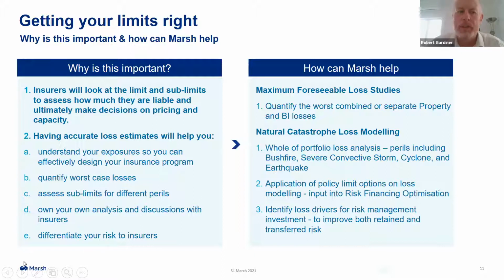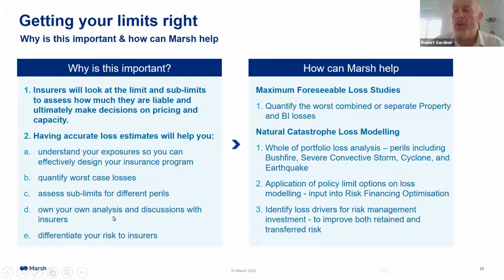So why is that important? It's ultimately about you having the best and most informed analysis that you can take to the market to negotiate your position. It's your analysis based on your data, and it doesn't include assumptions. That analysis is done well in advance of renewal, ultimately to allow you to digest the analysis and the information, but ultimately to develop a negotiating position.